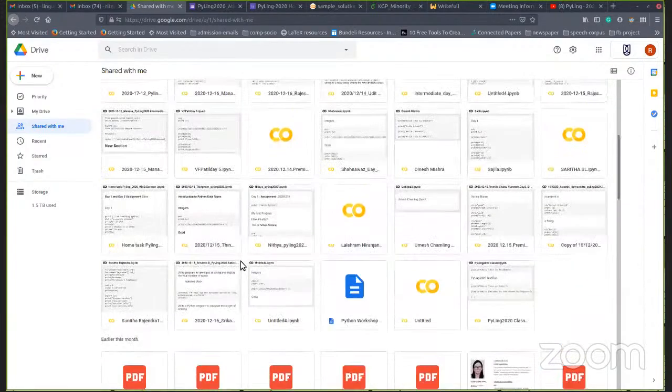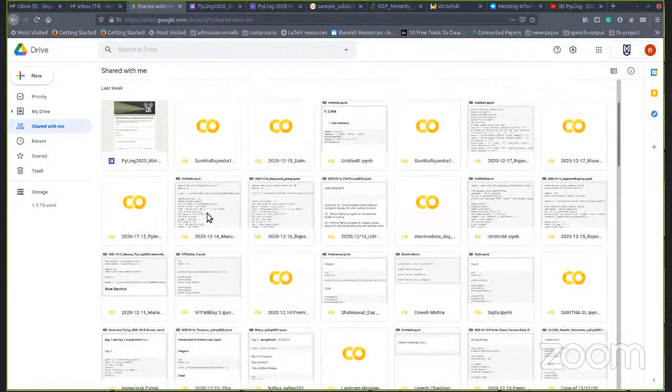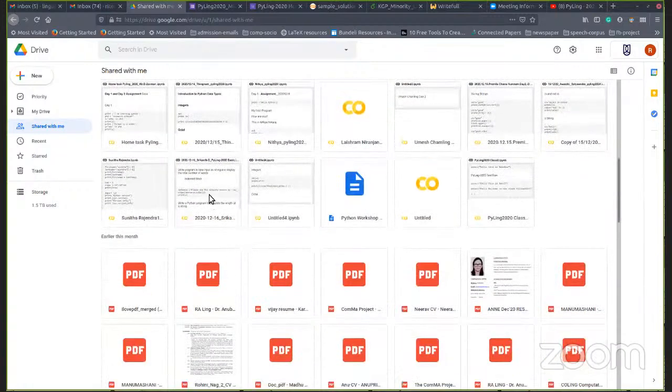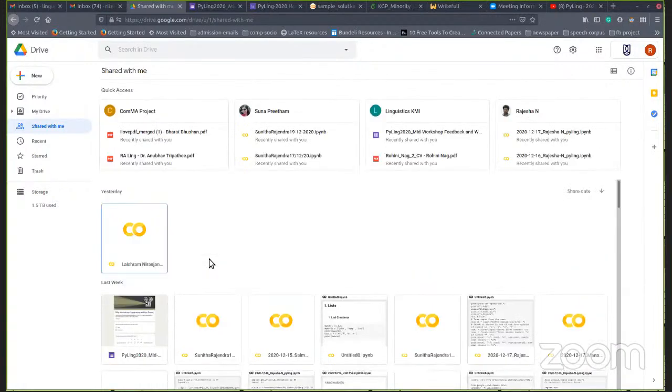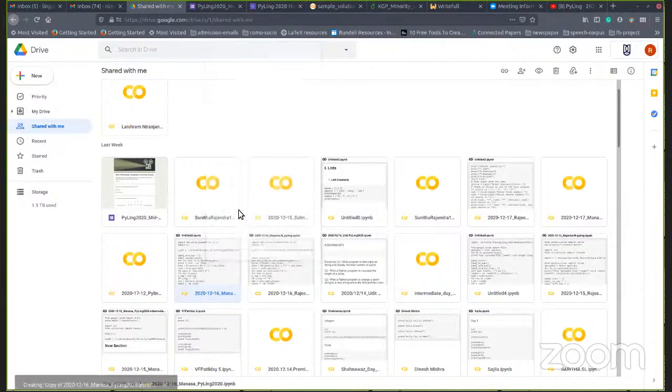But what you'll have to do, if the files are large and you don't want to download and re-upload, is go on any file that is in your shared with me, and let me show something. If you click on a file, you will see a make a copy option. So that's the first thing about downloading and re-uploading: don't do that if you don't want to. Just make a copy,